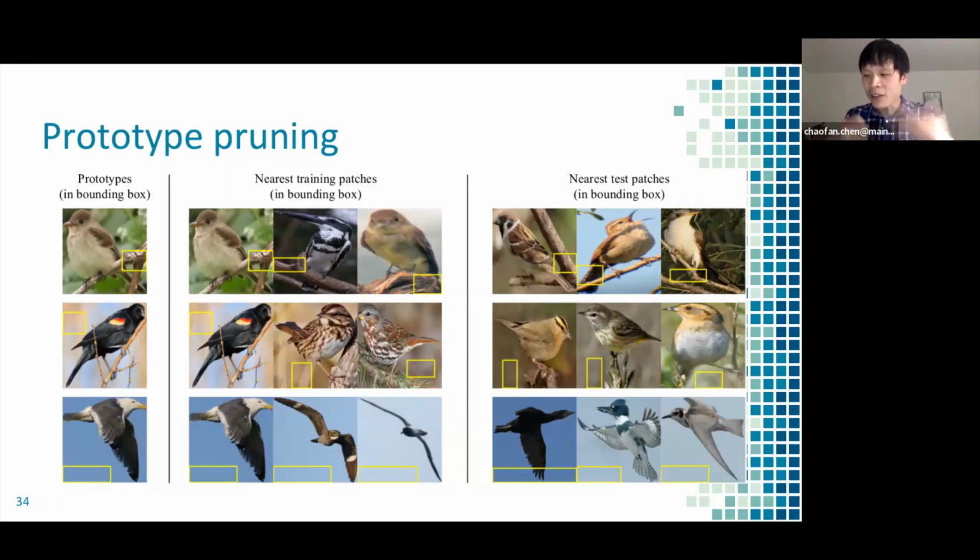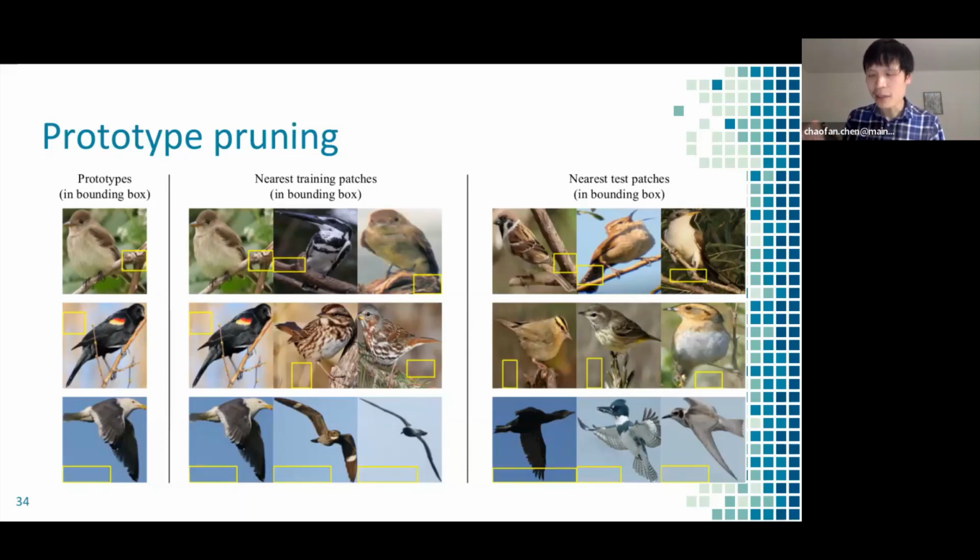So in other words, we may encounter prototypes where the nearest training patches may not come from the same class as the designated class of the prototype. When this happens, these prototypes usually correspond to some background objects or background patches. In this slide, we have some examples of such prototypes. We think these prototypes are undesirable because they can potentially confound the reasoning process of a prototypical part network. To remove this kind of background prototype, we have developed something called a pruning procedure.